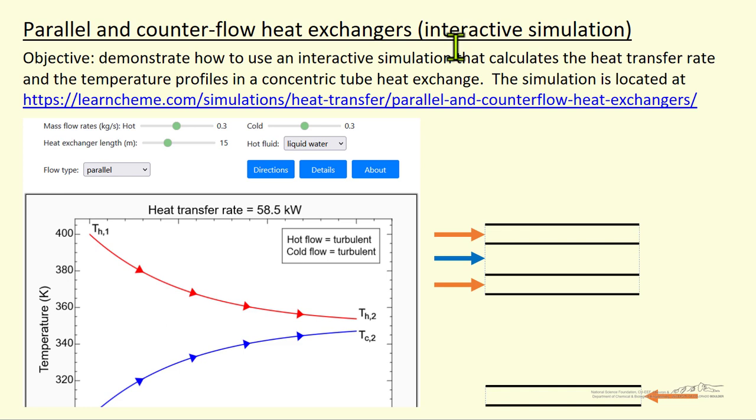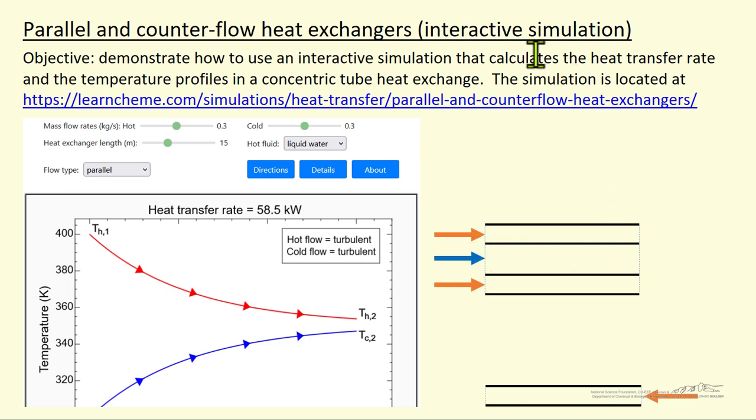I'm going to demonstrate how to use an interactive simulation that models a heat exchanger, in this case, a heat exchanger in which fluid flows through the center of a concentric tube and another fluid flows through the annular region. And the figure here is for parallel flow. So the hot fluid is flowing in the annular region and the cold fluid is flowing through the center of